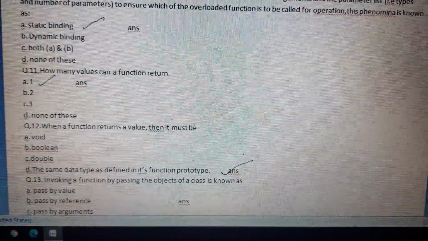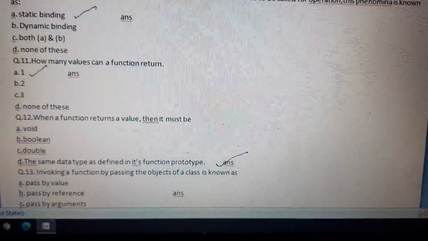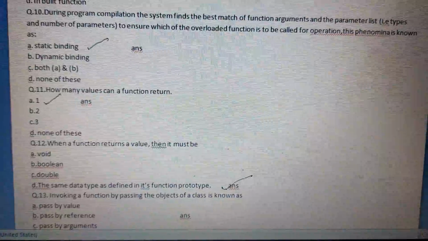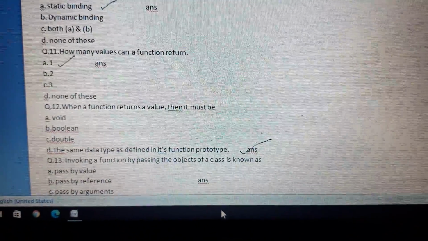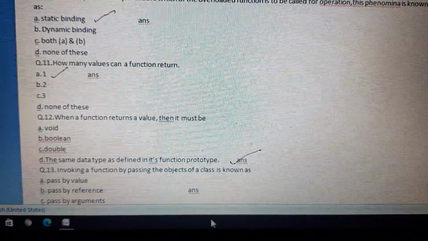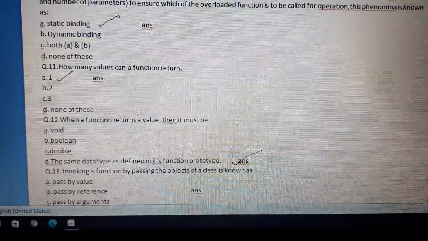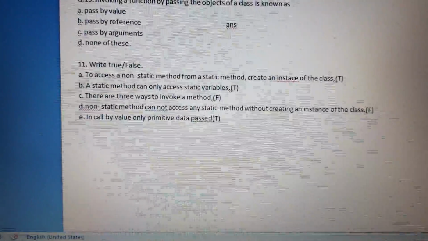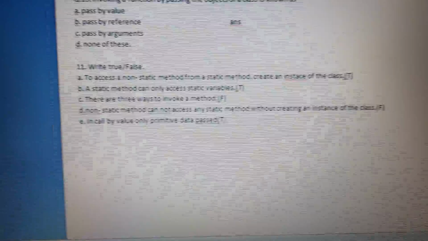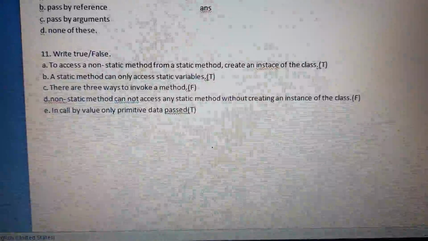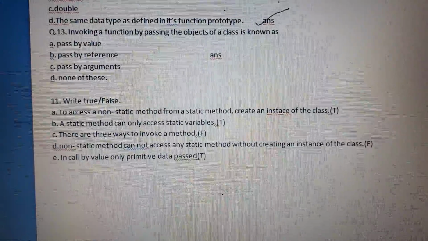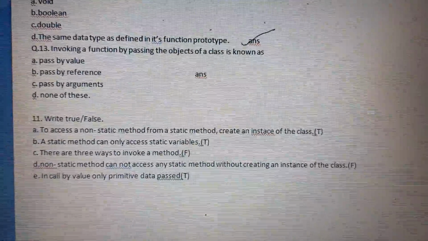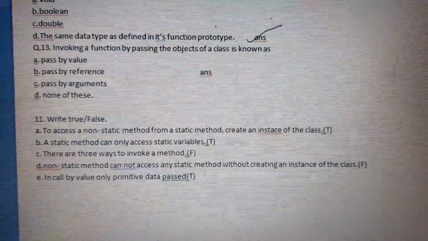Question number 13. Invoking a function by passing the object of a class is known as pass by reference.